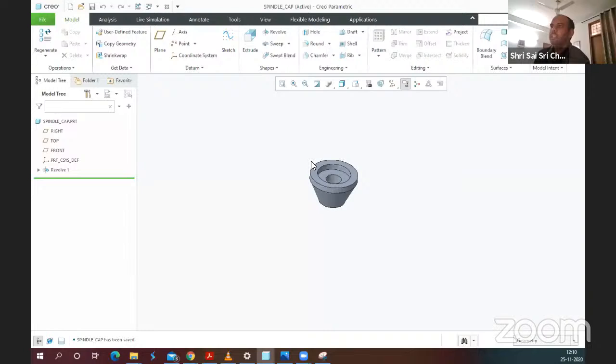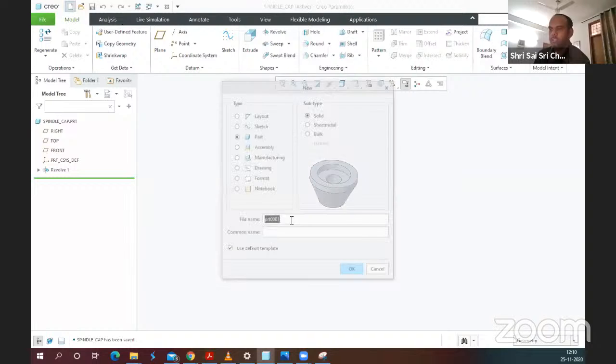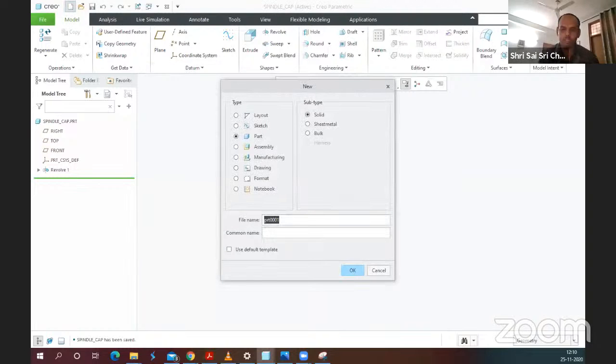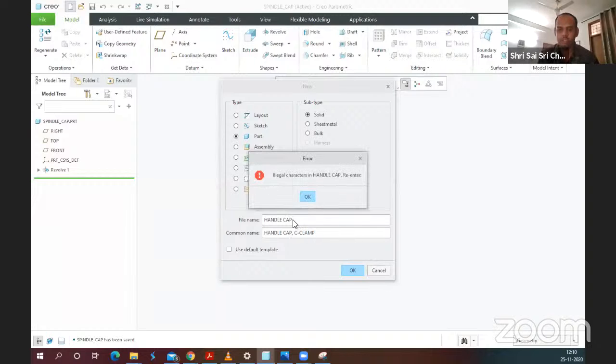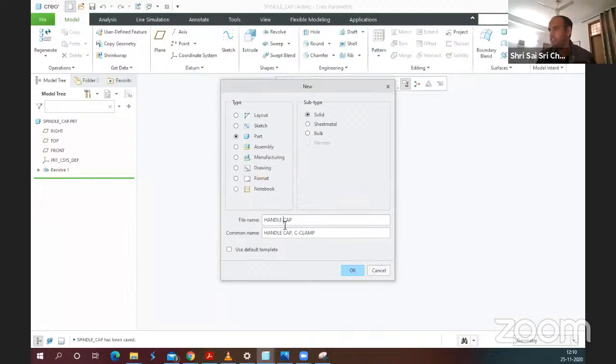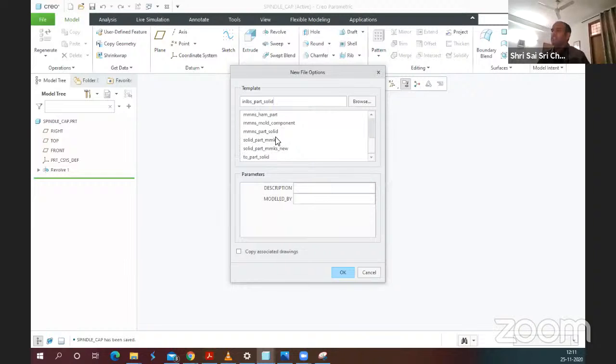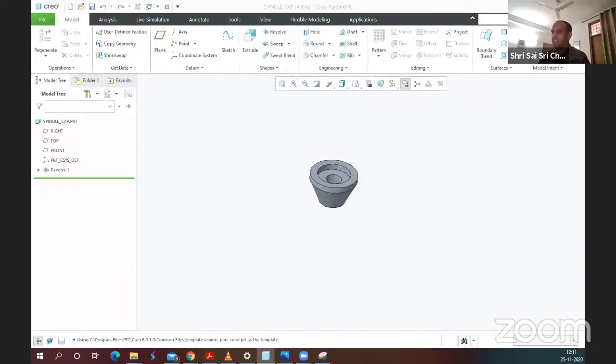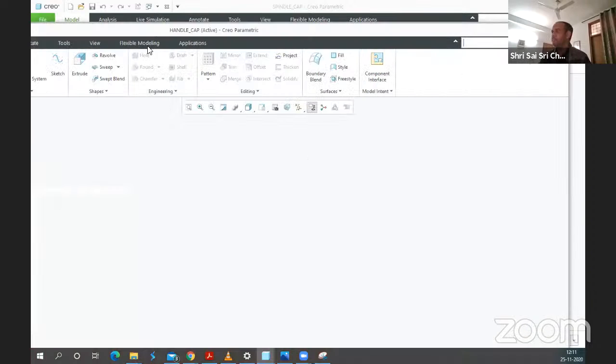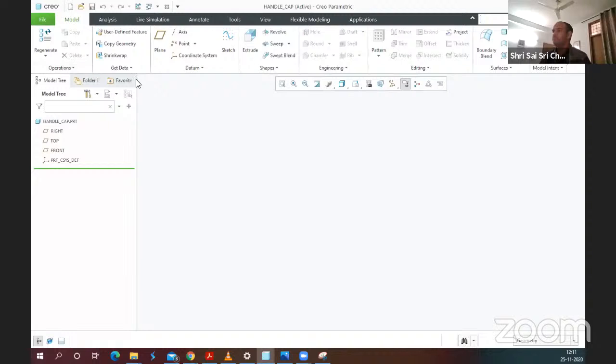So I save this model. Okay, it has been saved. I go to new part, handle cap, length. Okay, it does not allow me to give spaces. I can take MMNS part solid. Okay, and yes,